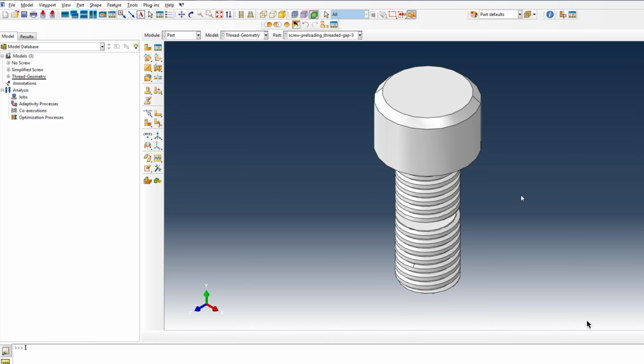Hello everyone. In today's video tutorial, we are going to present several methods to apply screw preloading to a structure in Abaqus software using Abaqus Explicit. Although bolt preloading exists in Abaqus Standard as a loading condition under the load module, it's not available in the Explicit solver,